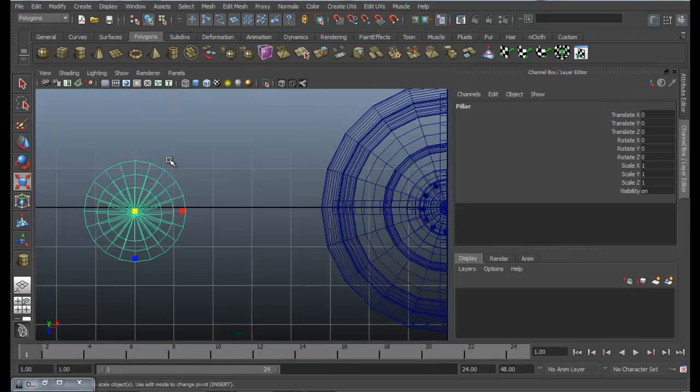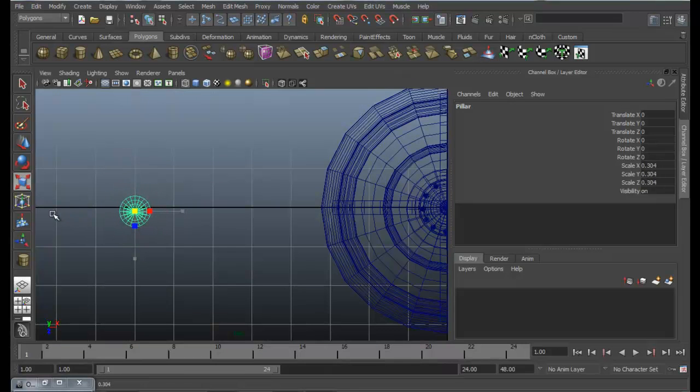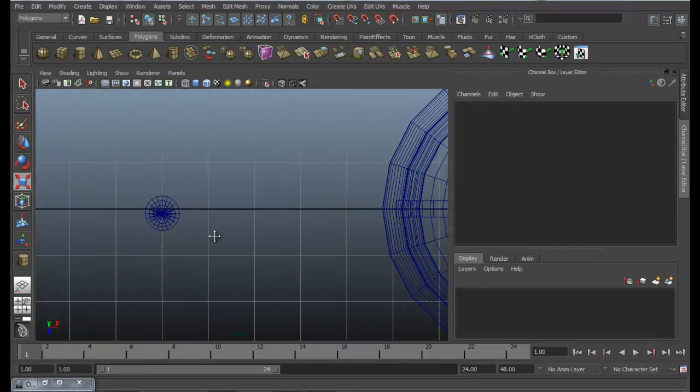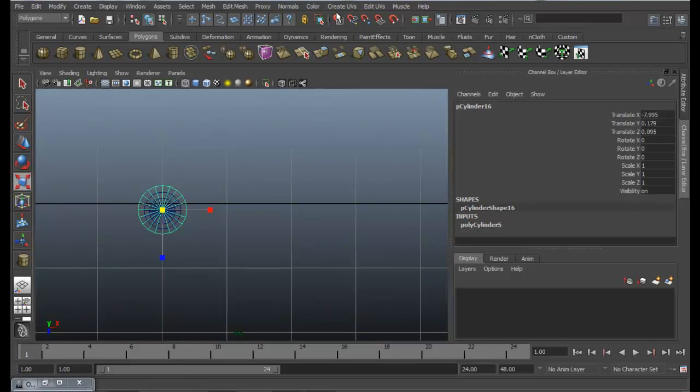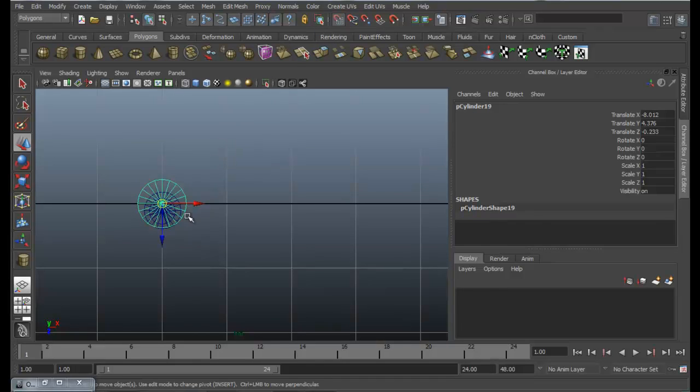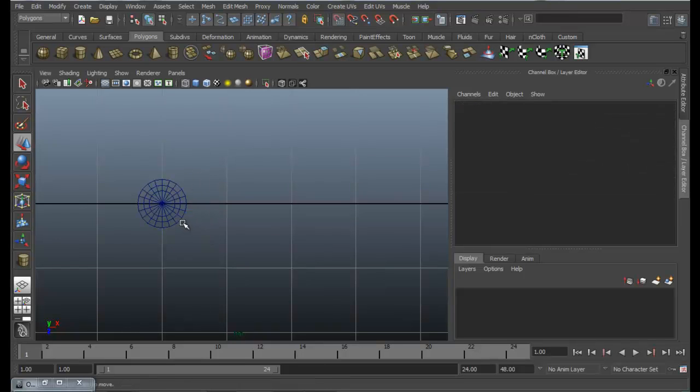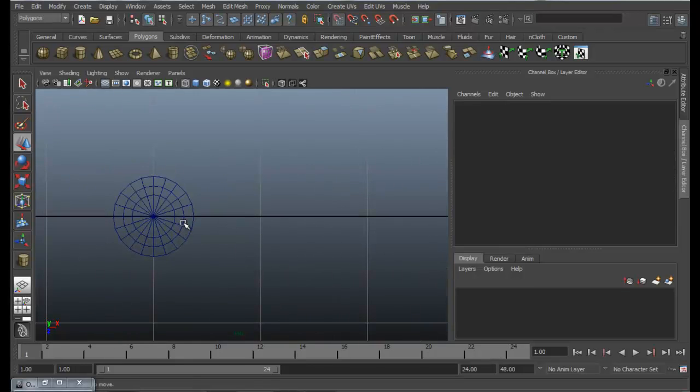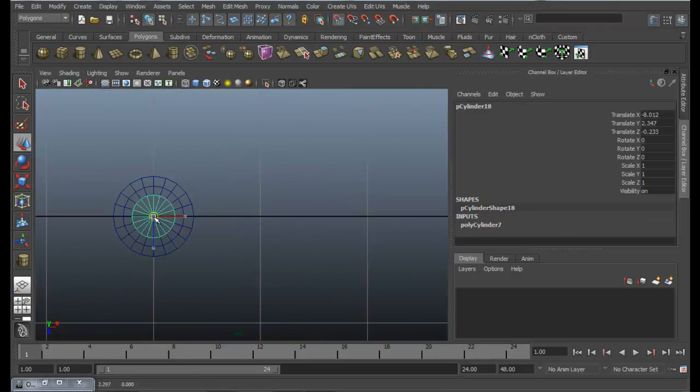Okay, just scale it down. First of all, let me attach the center to snap to grids and to all the objects. And these two as well. Okay, that's good, I think.